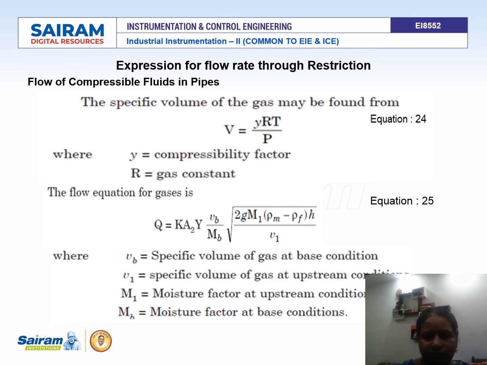Therefore the flow rate for gases is given by equation 25, which is Q equal to K A2 into Y Vb divided by Mb into the root of 2g m1 into rho m minus rho f into h divided by v1, and the various parameters are explained